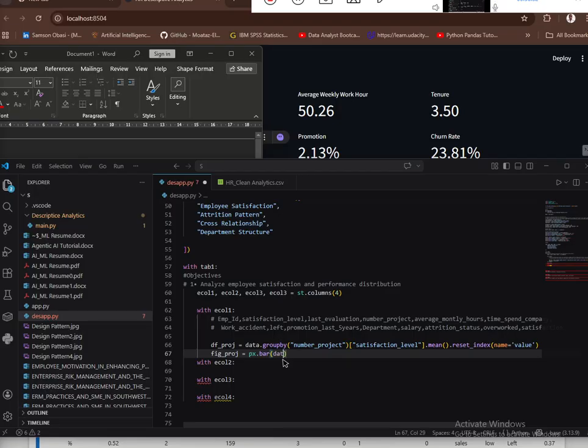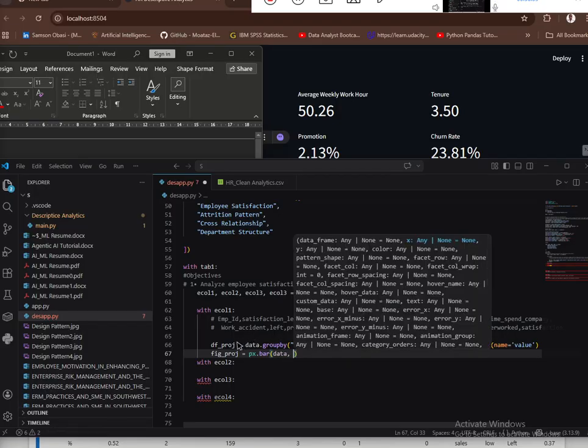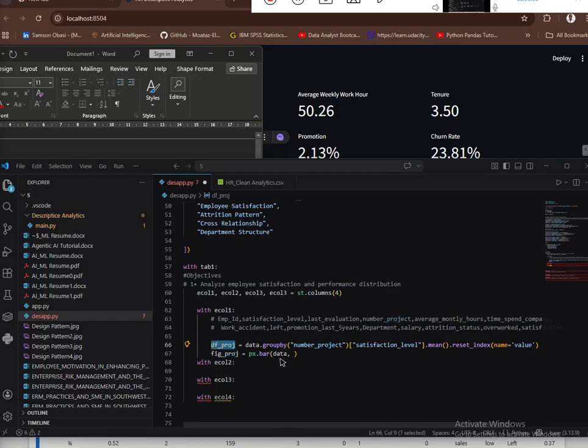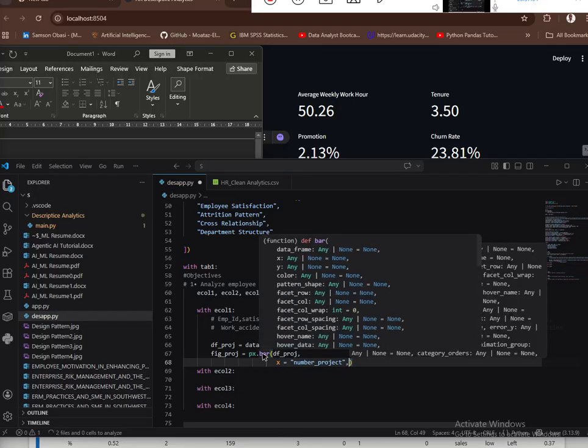So here I would say data is equals to data. Okay, it's not data here, it is this particular table we created. So that's the first thing. Second thing is number of projects, which is my x. You can write x is equals to, but if you don't write it, it will work, because by default the first thing it asks for is data, second thing x, and third thing is y. So even if you don't write x is equal to this, it will assume that's what you are saying by default. So then for the y,